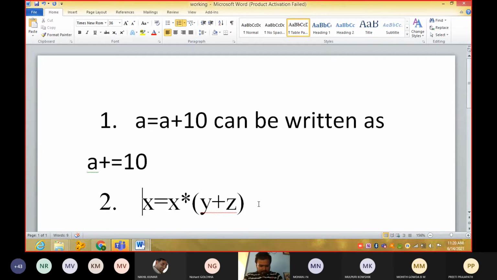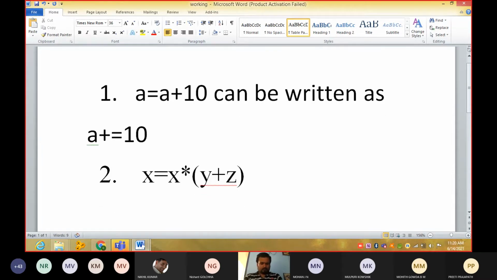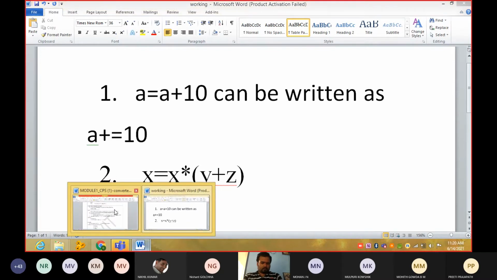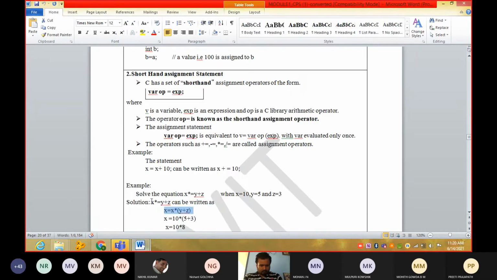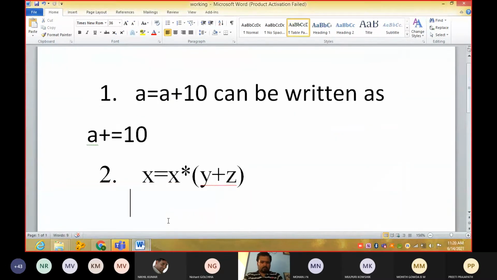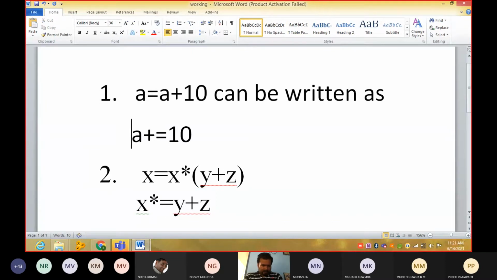This can be rewritten as, guys, it is just rewriting the expression in a different form. See here, first one, A is equal to A plus 10 can be written as A plus is equal to 10.